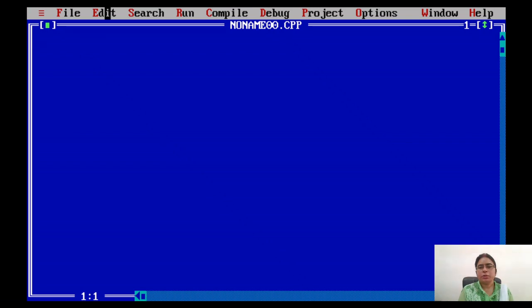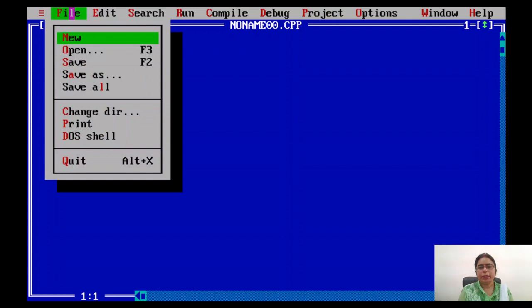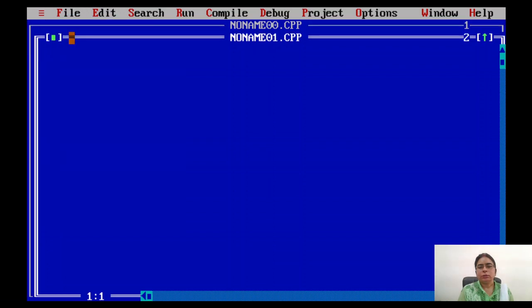Okay, so this is a Turbo C compiler that we are using. Here, I will start from the beginning. To make a new program, we will click on the File tab, and then we will click on New. Now a new file is opened here. Now we will write the simple code that we discussed while discussing the structure of the C program. So first I need to include the header file, include stdio.h,